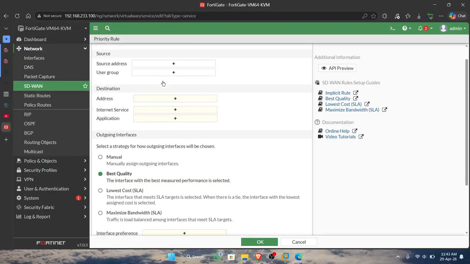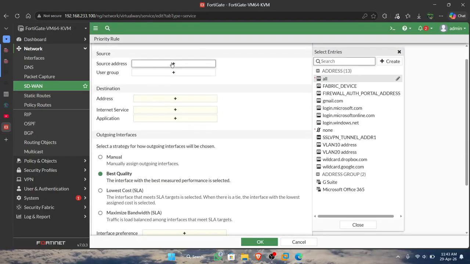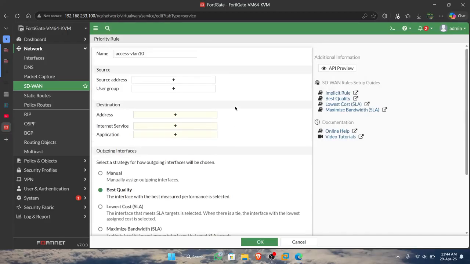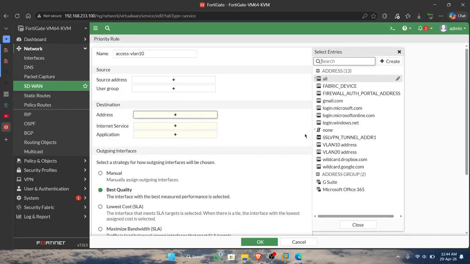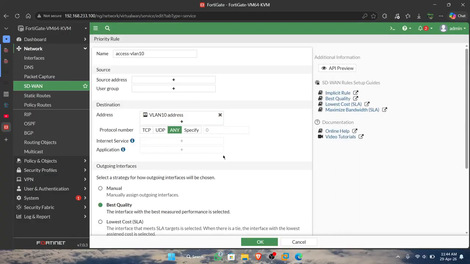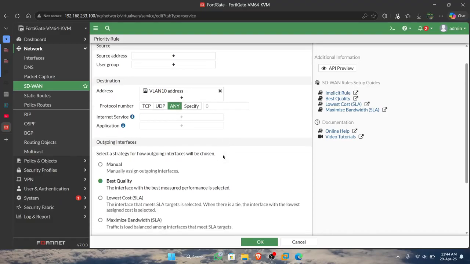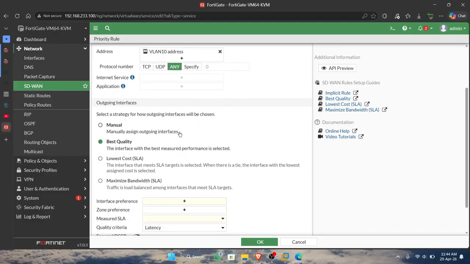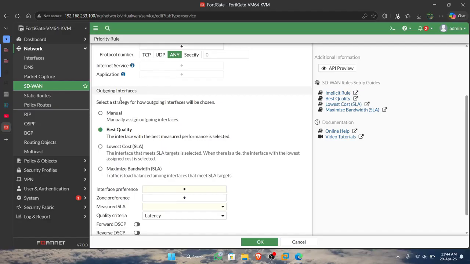This is for the VLAN tag. In the source address, the last config is the address. We enter the VLAN 10 address. In the internet service, we do not add anything. In the outgoing interface, we have four options.